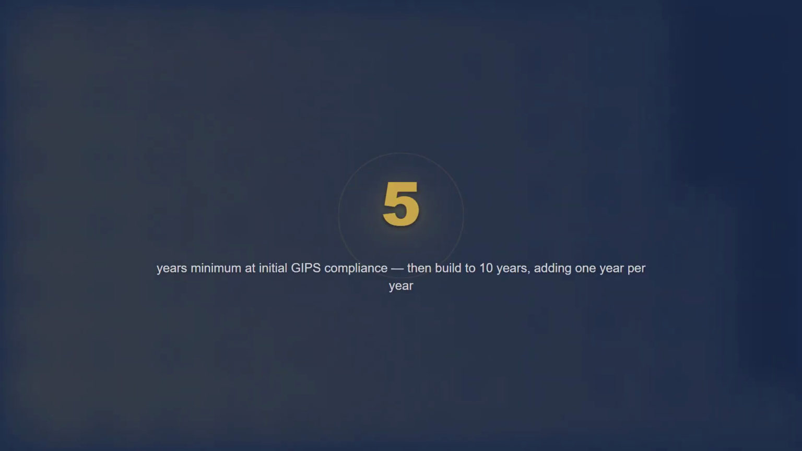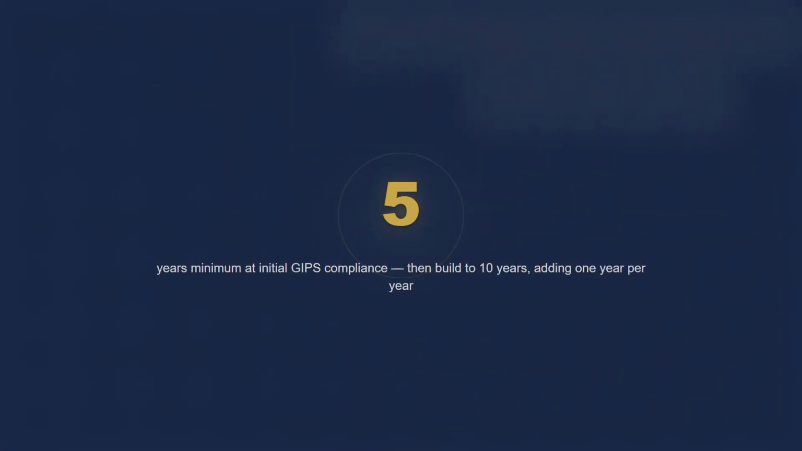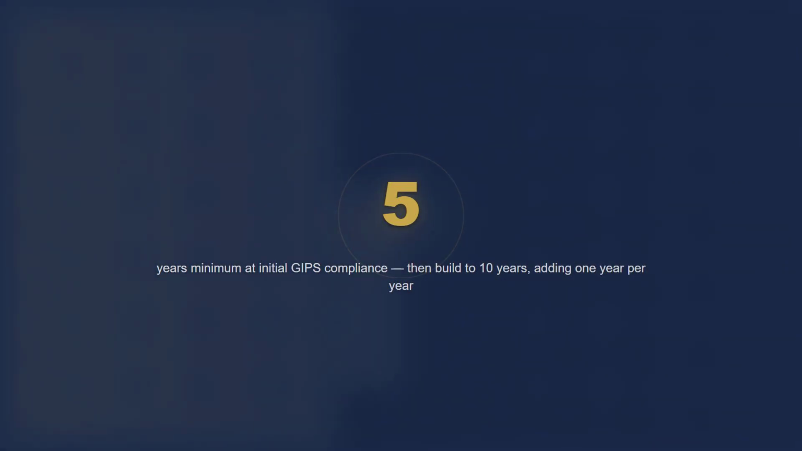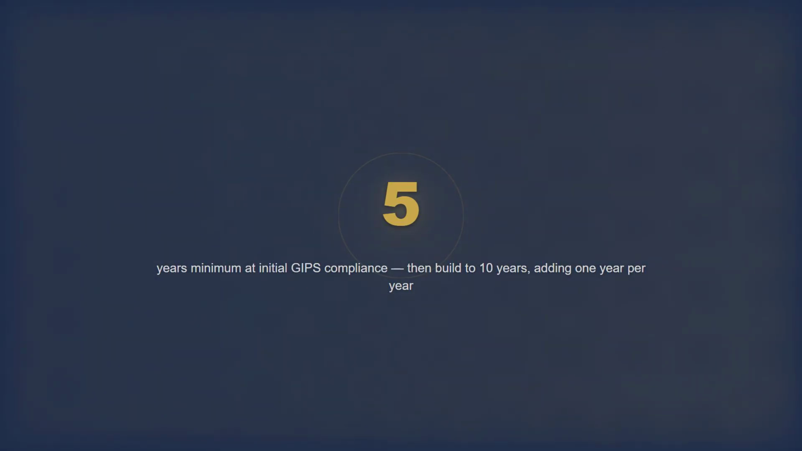GIPS has a specific performance history requirement that the exam tests with a 2-part trap. The initial minimum is 5 years. When a firm first claims GIPS compliance, it must present at minimum 5 years of GIPS-compliant performance. But if the firm or composite has existed for fewer than 5 years, it presents since inception, not 5 years